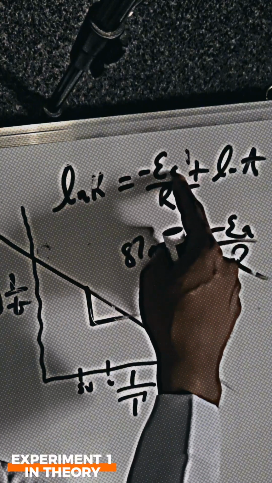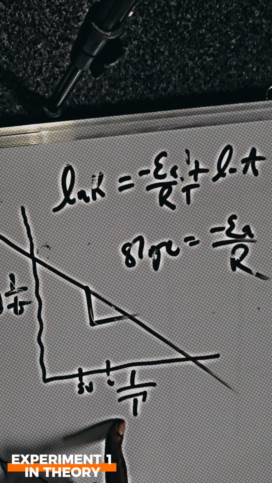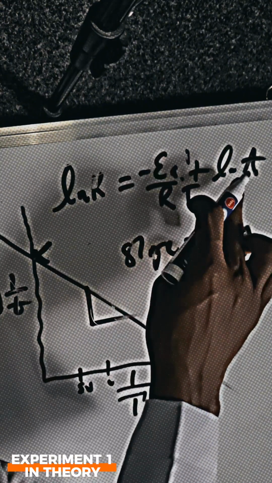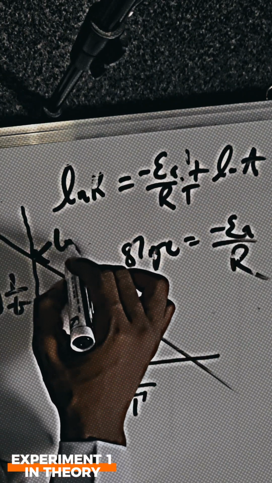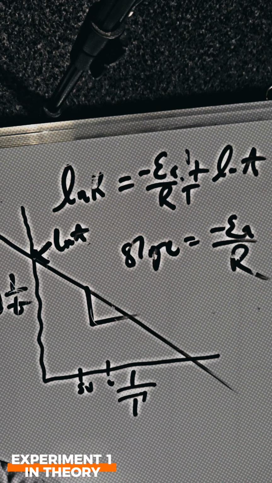Then you have 1 over T. That means the intercept here is your ln A. So whatever value that is here is ln A. This can help you in some other calculations, okay? So this is how you plot the graph of this experiment and then determine the activation